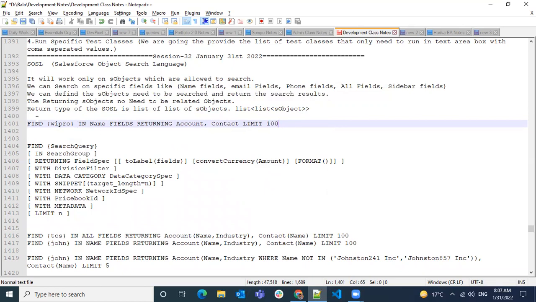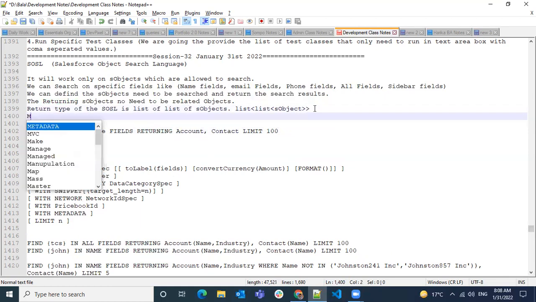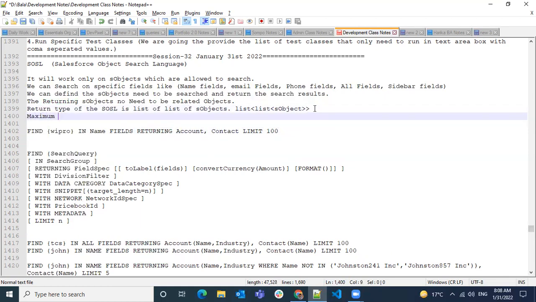So it will start with the find clause, and you have to mention in what fields you want to search. The options we have are name, email, phone, all, and sidebar fields. Then you have to mention what objects you would like to return, account and contact, like that. And if you want to limit the number of rows, that's limit rows, and the maximum number of